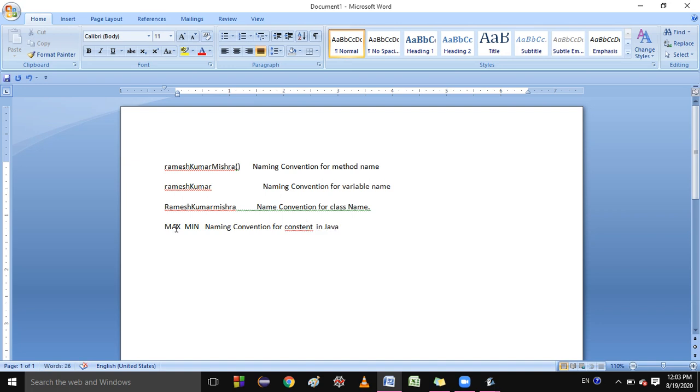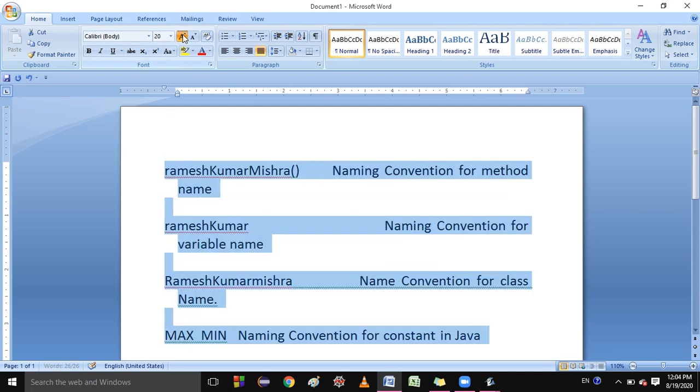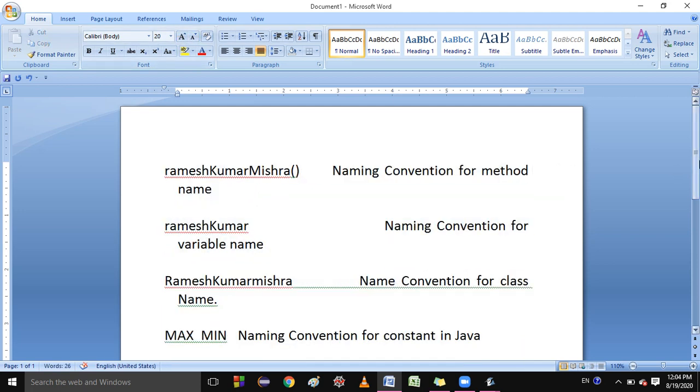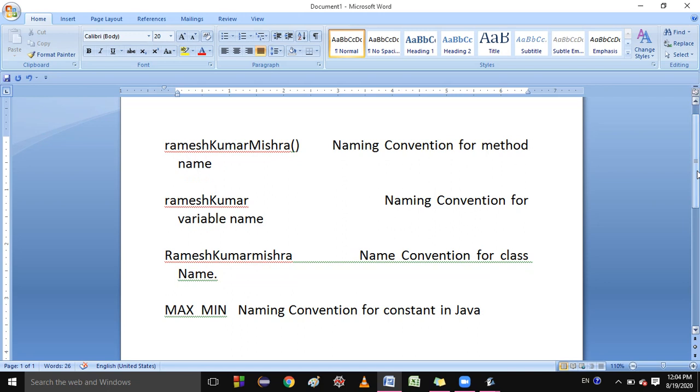Let me increase the size of this. So you people, just write in your fair copy these naming conventions of Java.